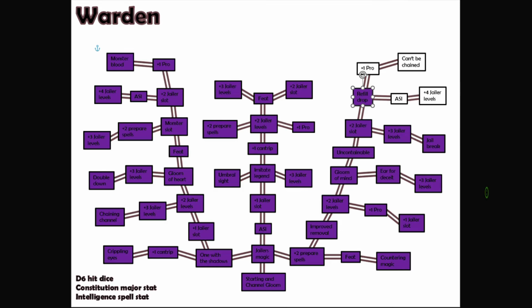And again, you may only have proficiency bonus channel Gloom uses, but you have Gloom of Mind, which means it'll be plus your intelligence modifier, so you'll probably have, on average, 8 to 10 uses per short rest. That's enough to, for 5 turns, completely shut down a dragon very easily, while still using your channel Gloom to do other stuff. Next up, we can grab an ability score improvement before we grab the final jailer levels increase,